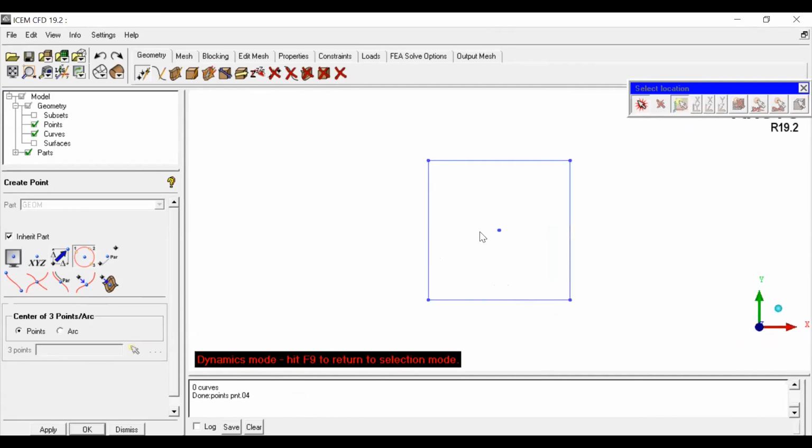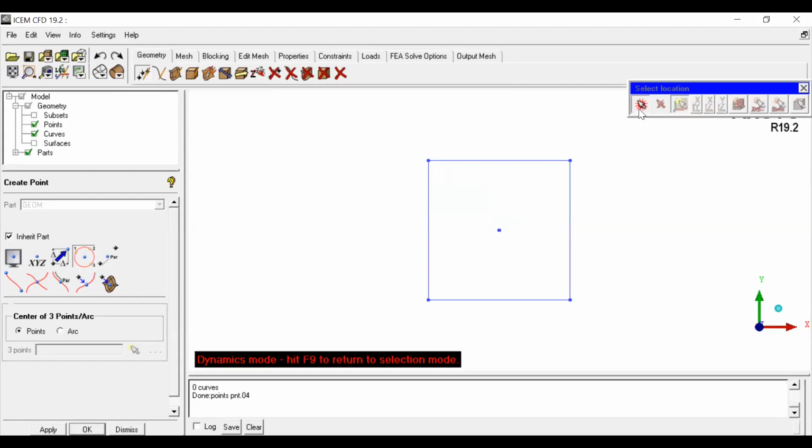And moreover, while you are operating in any command, if you want to disable it temporarily, you can use this toggle dynamics. Just now I clicked on this toggle dynamics. That's why I was able to come out from this command.